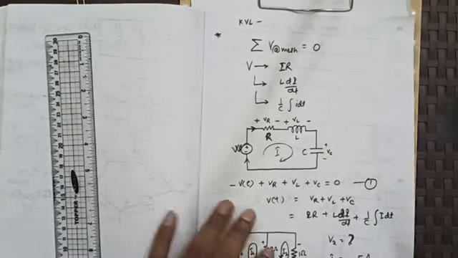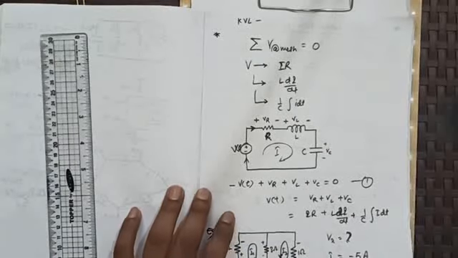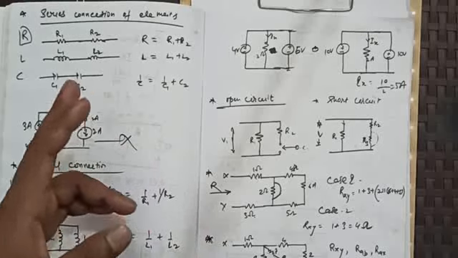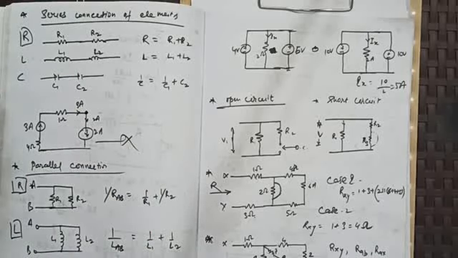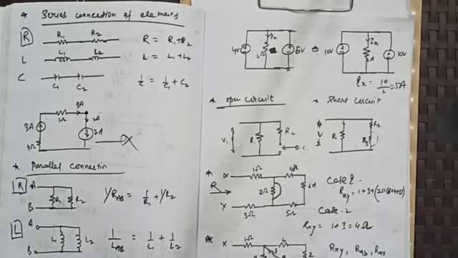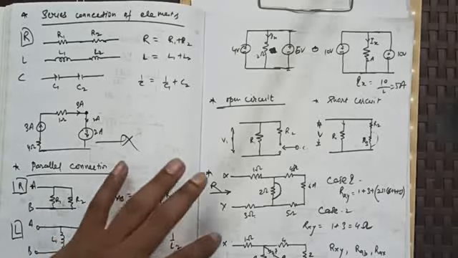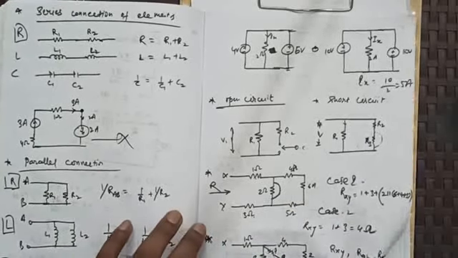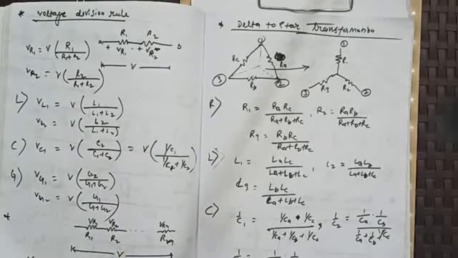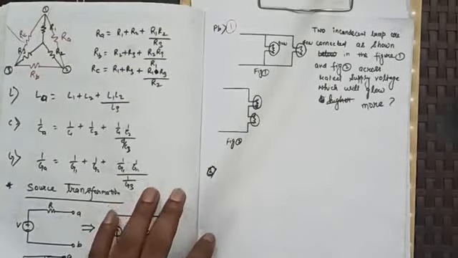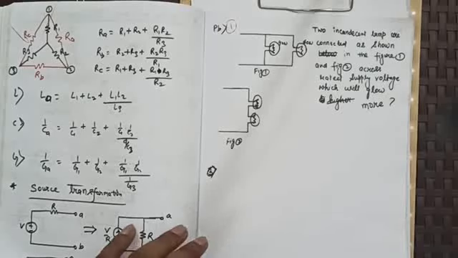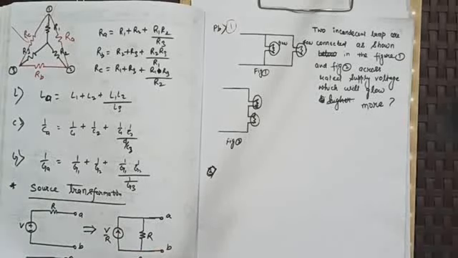In the last lecture, we have seen, let us recap those. The KVL, we have seen some examples of that. Then the series connection of elements, that is R, L, and C. Then we saw parallel connection of RLC, the significance of open circuit and short circuit. Then we saw the voltage division rule, then delta to star conversion and star to delta conversion for resistance, capacitance and inductance, also conductance. Then we saw source transformation.